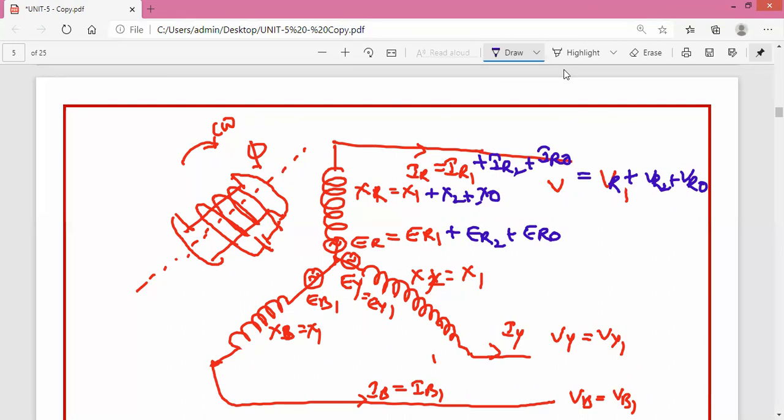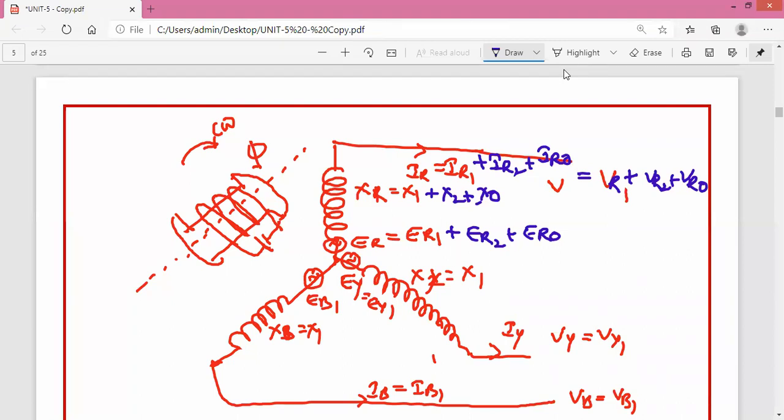Generally the positive sequence components are used for setting up the relays and circuit breakers, because the relay has to work as a very highly sensitive device. Relay is a highly sensitive device. It has to work as per the setting value. So whenever there is a fault current flowing through the particular circuit, the relay has to sense it and act. Therefore, minimum fault current and maximum fault current also we have to consider. Therefore the positive sequence components are used for setting the relay as well as